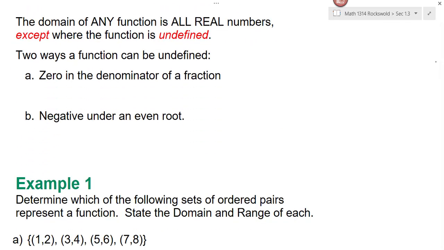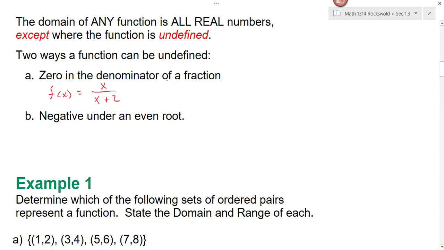The domain of any function will be all real numbers except where the function is undefined. Right now, the only two functions that you have to worry about where a function could be undefined is a fraction and a radical, an even root. If you have a zero in the denominator of a fraction, then that point is undefined because we can't divide by zero. So for example, if you had the function f of x equals x divided by x plus 2,